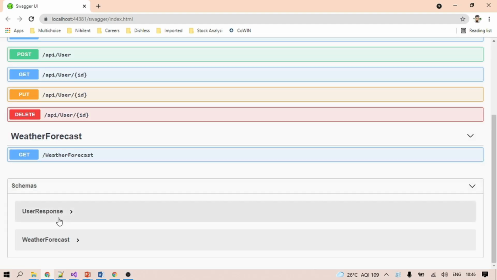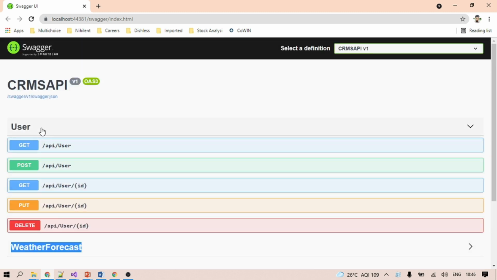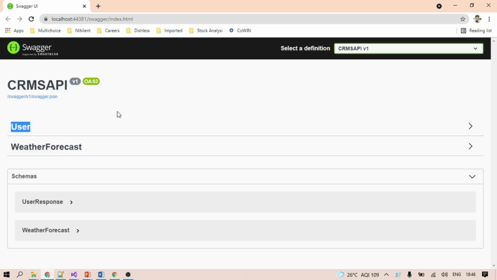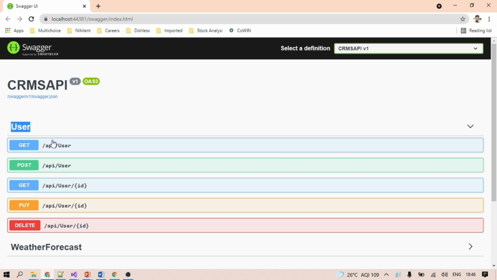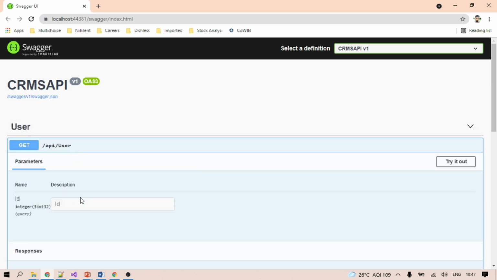So you can see here, earlier we had only one controller, the weather forecast controller, but currently we have a user controller as well. Inside the user controller we have five classes. All these classes are pre-made, they come by default whenever we create read and write classes. But you cannot see the action method which we created, get user details by id. Here you are getting just a default one.